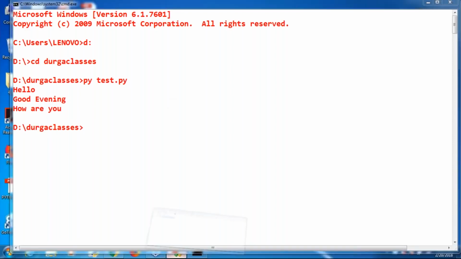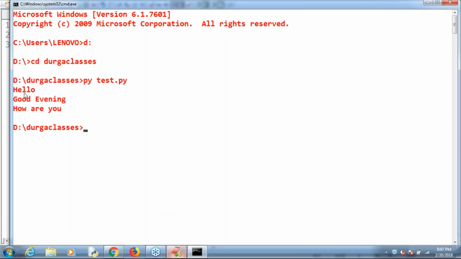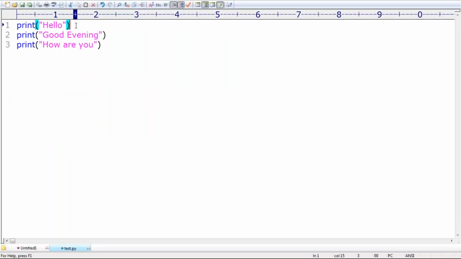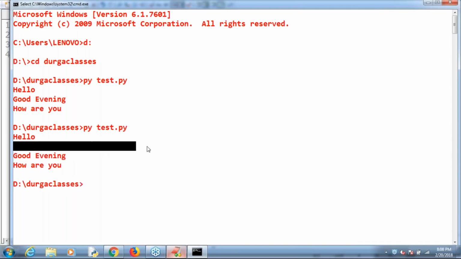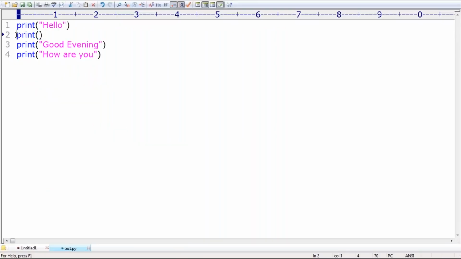Now my requirement is, in between hello and good evening I want one extra blank line. Then it is very simple, just use print. Automatically, can you please observe that? One blank line came or not? So if you want a line separator, if you want one new line character, then we can use print without any arguments.